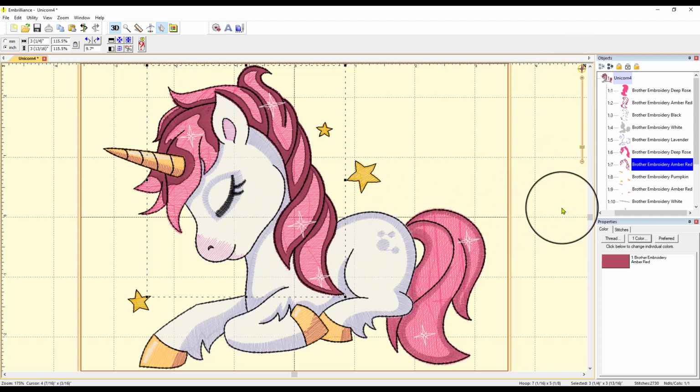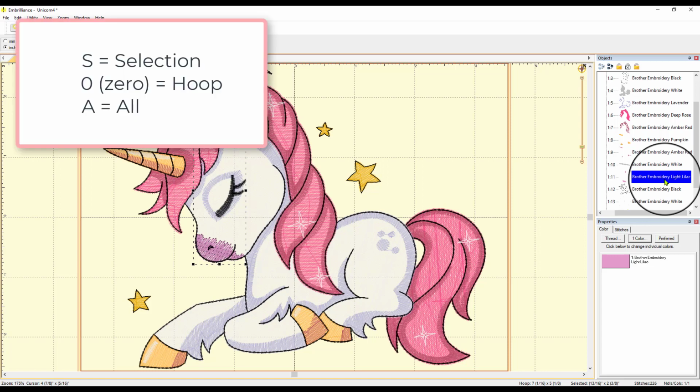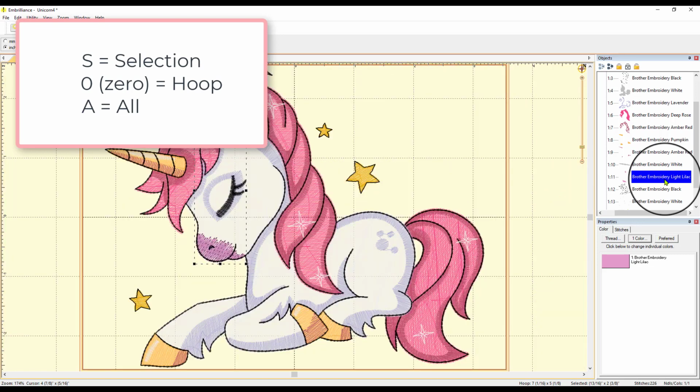Here's another thing that I can do. If I want to go back to that muzzle, and remember it was 11, and I want to scroll right into that selection, if I like using keyboard shortcuts, I can just hit the letter S on my keyboard and it will show me that selection. If I want to go back out to the hoop, you would think you'd put the letter H, but you don't, because that toggles the hoop, whether you can see it, off and on. If I want to go back to the total hoop, see it all, I'll hit the 0 on my keyboard,